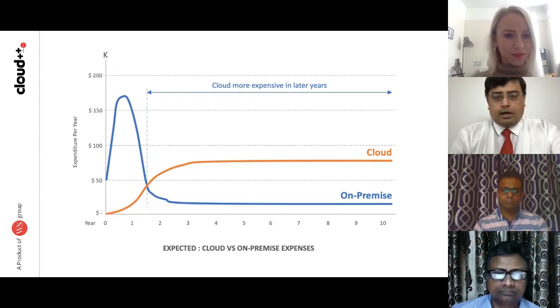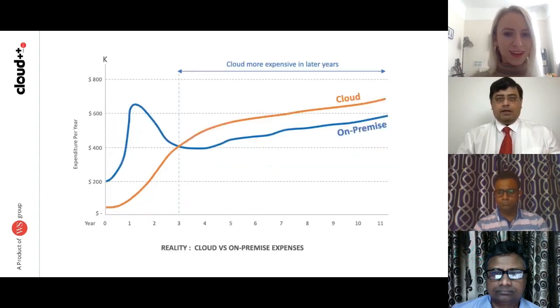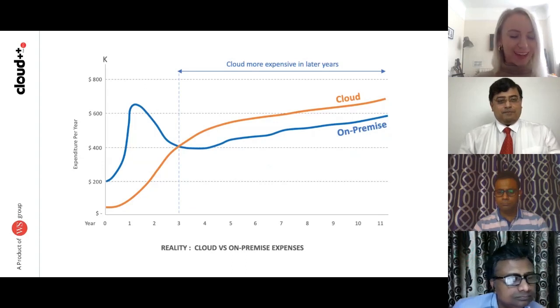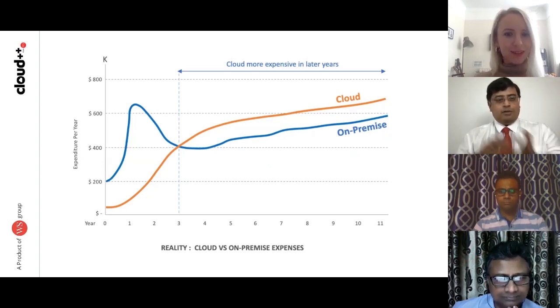But here again, something quite interesting happens, and the reality is actually quite different than what we see here. I was going to ask why the cloud price goes up so high, and other ways to reduce this, because you can see how it goes up. In fact, we are expecting that the cloud prices won't be so high, but if you see this curve,